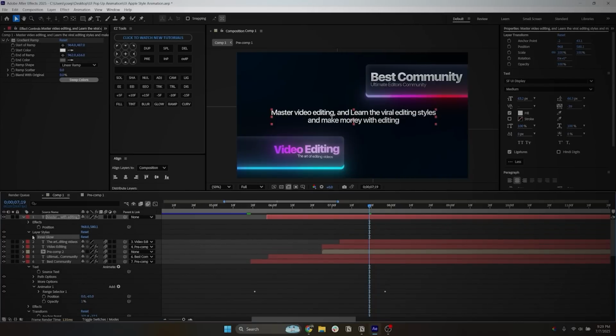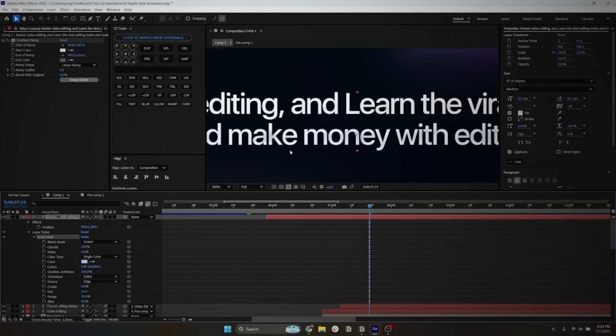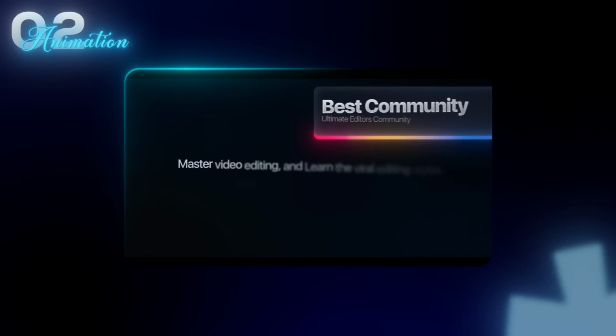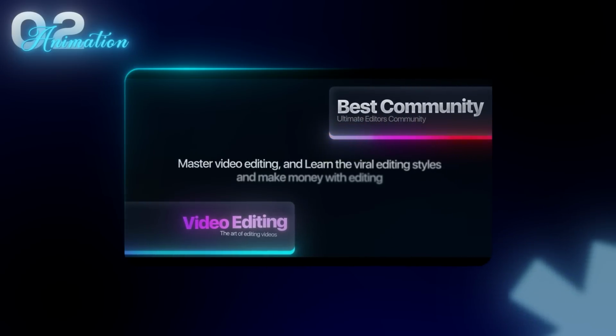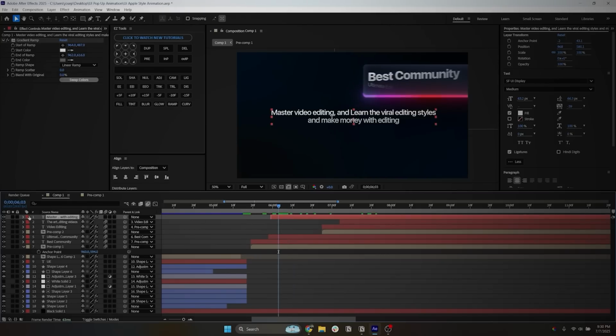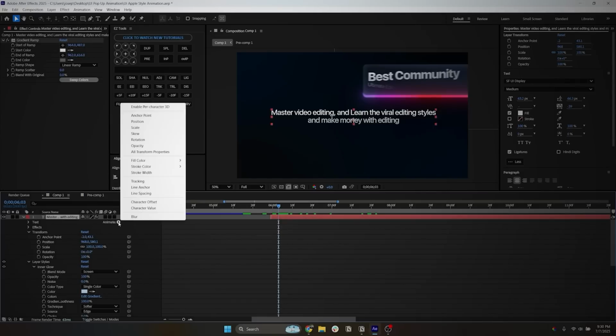Now, this being said, we are going to need to play around with this because we do have way smaller words. So let's just make sure that the size is properly aligned. And finally, I'm also going to be adding in a cool animation to this entire line. While this whole thing is popping in, I'm going to go ahead and click down here and click on animate